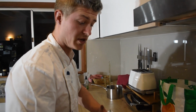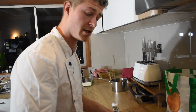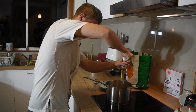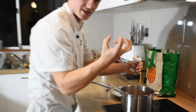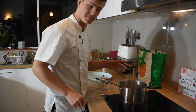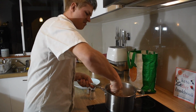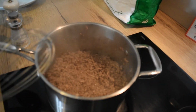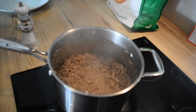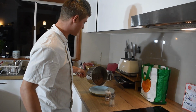Alright, so we're using a whisk purely for the reason being that it's going to break down your meat and it's going to break it apart a lot quicker. Bit of salt, bit of pepper. Add that into the meat, give it a bit of flavour to soak up. Alright, so it's been about 2 minutes. So the beef's looking pretty brown. It's cooked off. There's a lot of water content in it, so unfortunately it's more boiled than fried like I wanted it. But we're gonna empty that out